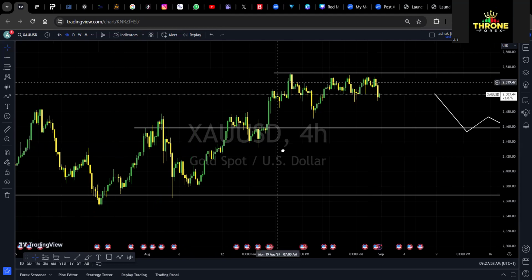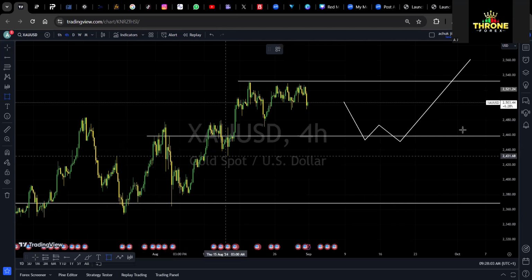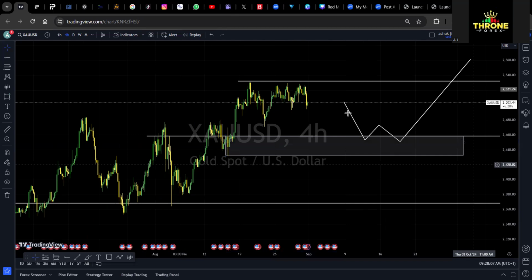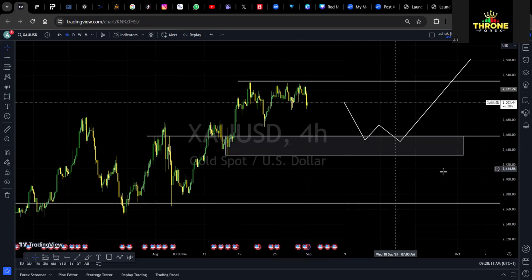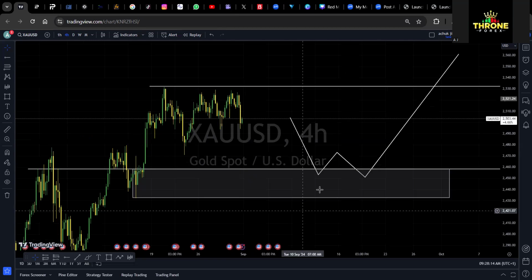And on the lower time frame, this is also our demand area. So the whole of this area is our demand area. So this is a very important support area, a potential support area. So we want to understand how price is able to pull all the way to this support before we can